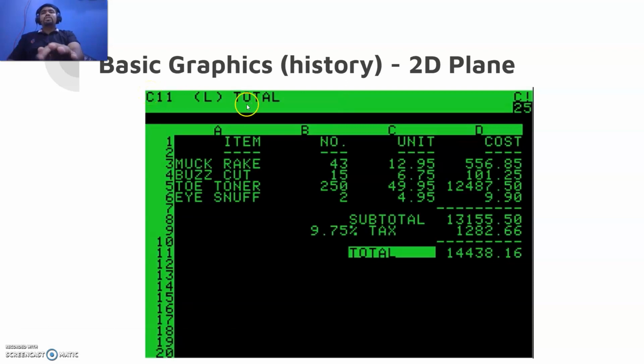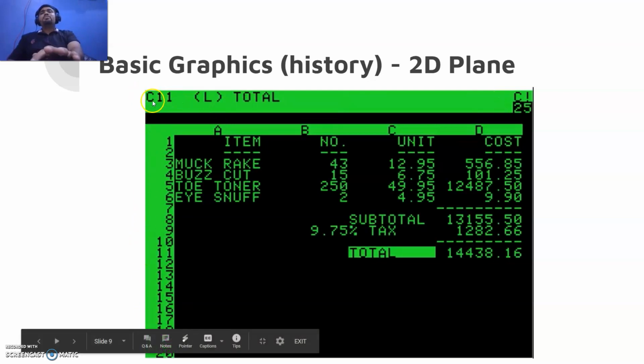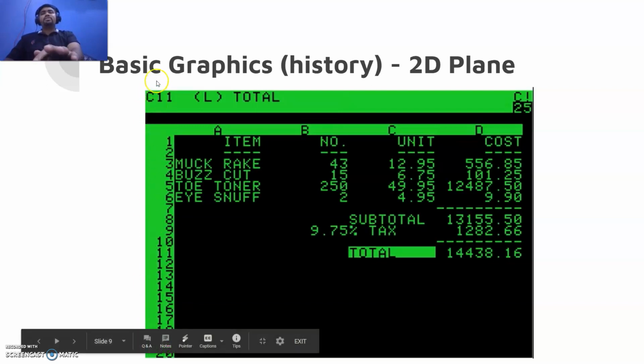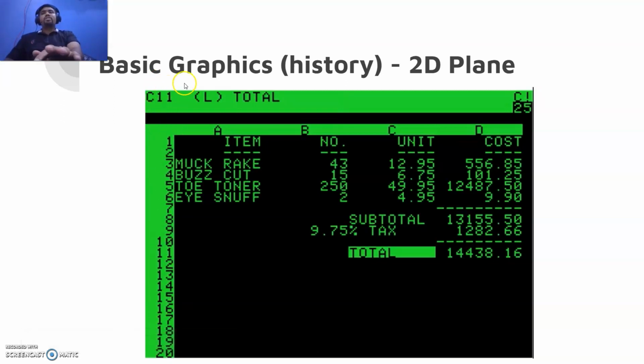So this particular horizontal axis will be the x-axis, which is positive, and this should be the y-axis, which should be negative. But in this case, let's consider it as a positive y-axis. Now, you can clearly see that every single letter is in one column. You can see C written in the first column and there's nothing else. You can see 1 written in the second column and then 1 again in the second column. Then you have the third column, the fourth, the fifth, sixth, seventh, and so on. So you know that the screen looks like a matrix of rows and columns. You can see the first line written in the first row, and the second line, which is this 25, is written in the third row.